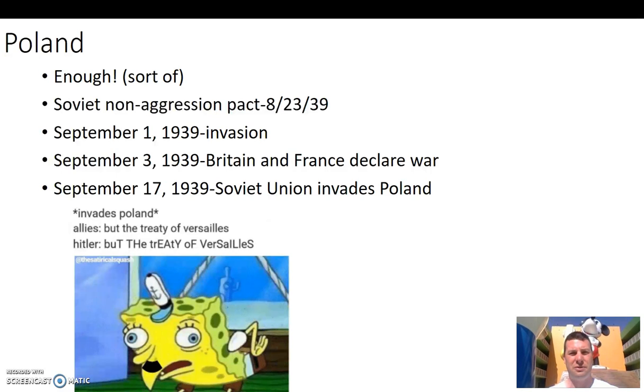This is a huge deal for them, and the fact that they get there first has to do with how those Western European nations are really frightened of communism. And so they view communism as the bigger threat as opposed to the fascist dictatorships of Hitler and Mussolini. September 1st, 1939, they plan for and begin this invasion. 2 days later, Britain and France declare war. A couple of weeks after that, the Soviet Union invades Poland from the other side. And this is basically the beginning of World War II. September 1st, 1939, is what most people look at because this is the first true fighting, true act of aggression beyond just the policies of appeasement that lead us there.